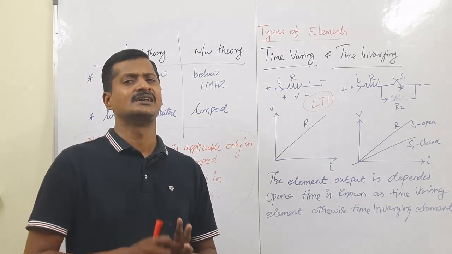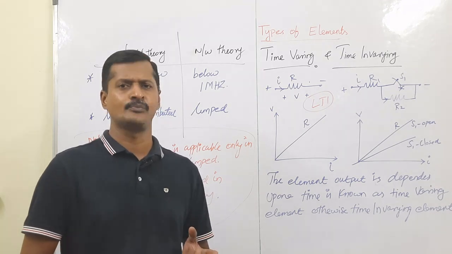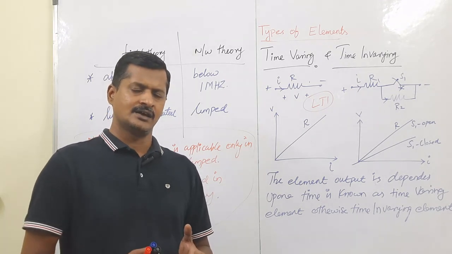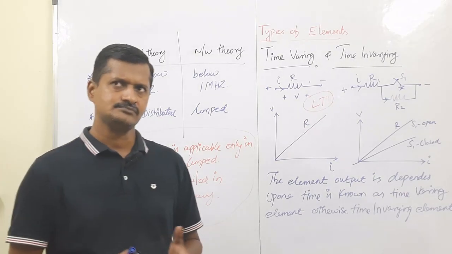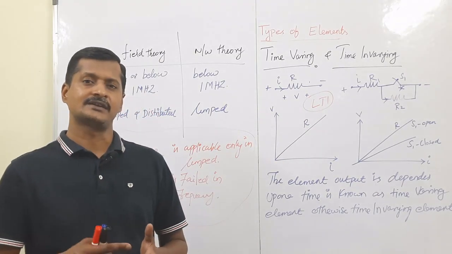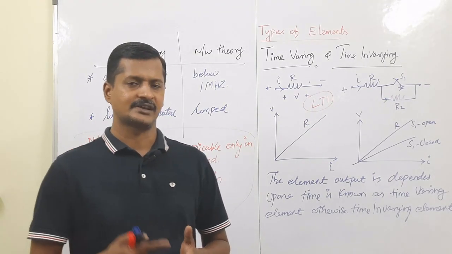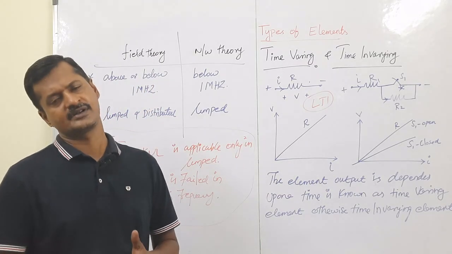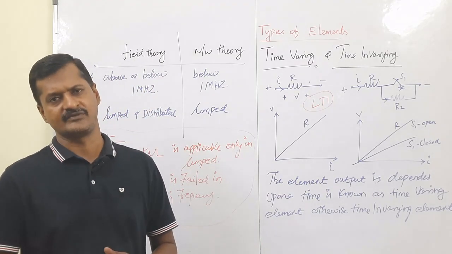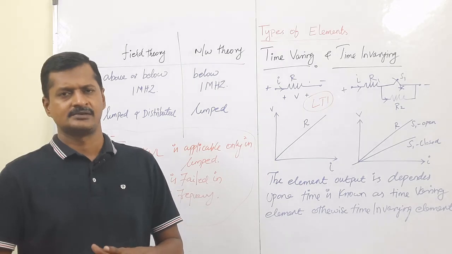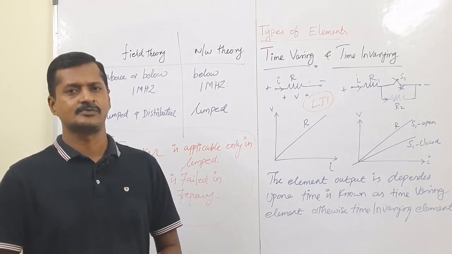So we have totally five types of element: active and passive, linear and non-linear, unilateral and bilateral, lumped and distributed, and the last one, time varying and time invariant. So totally we discussed the types of